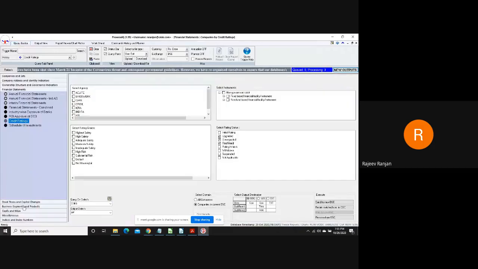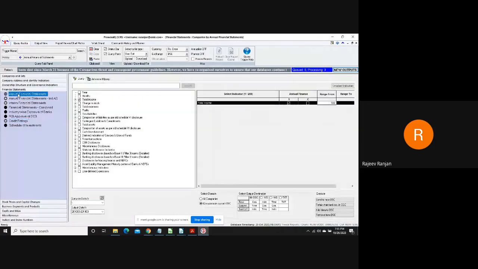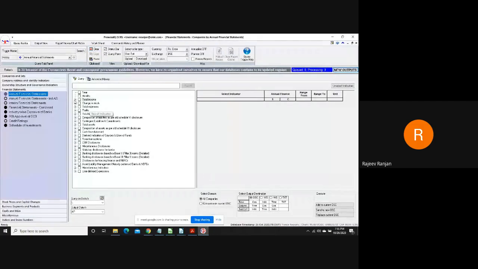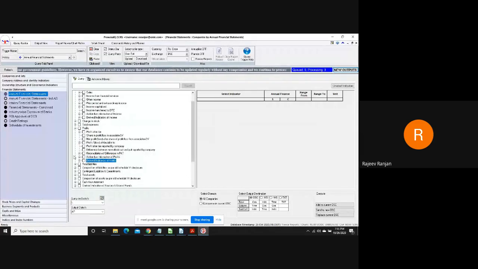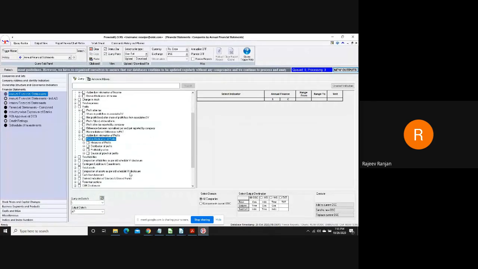Now going back to this query section, under each of these query heads there is a derived indicator. There is a derived indicator of income, there is a derived indicator of profit, and each of the ratios of those indicators are available under the derived indicator.